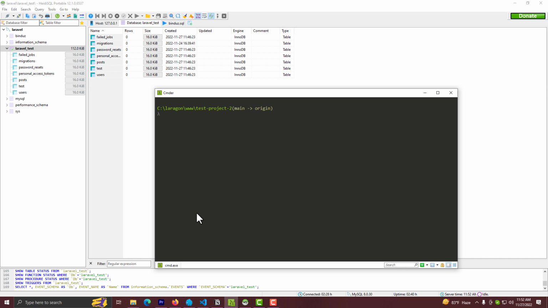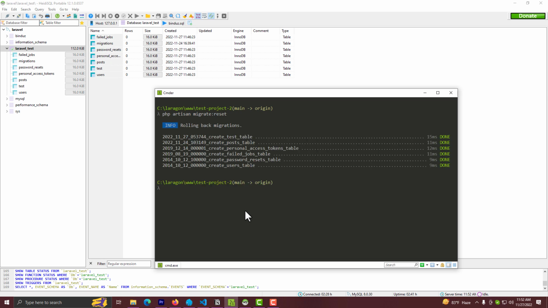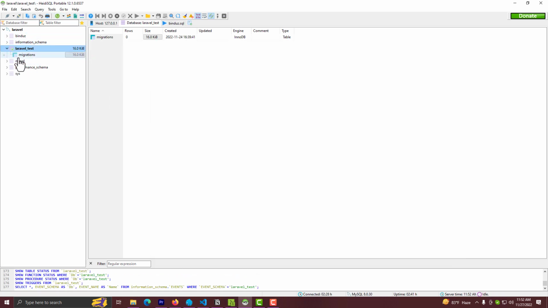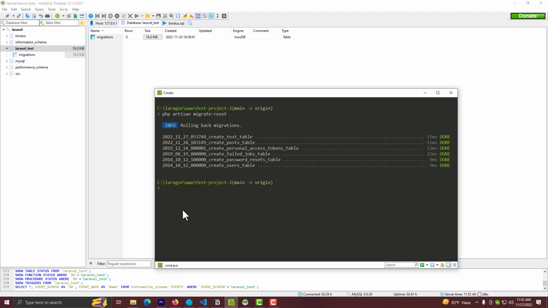If I again run PHP artisan migrate, sorry, it will be reset, and enter, all our tables will be dropped. Let's refresh again and you can see all our tables have been deleted. Now if I have to migrate, I have to say PHP artisan migrate, right? But the issue is